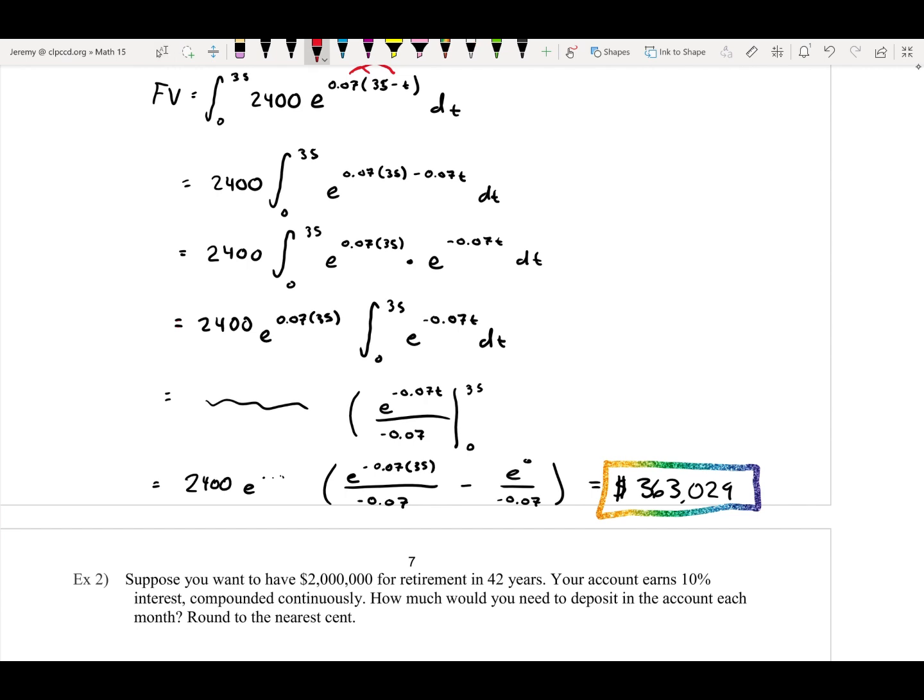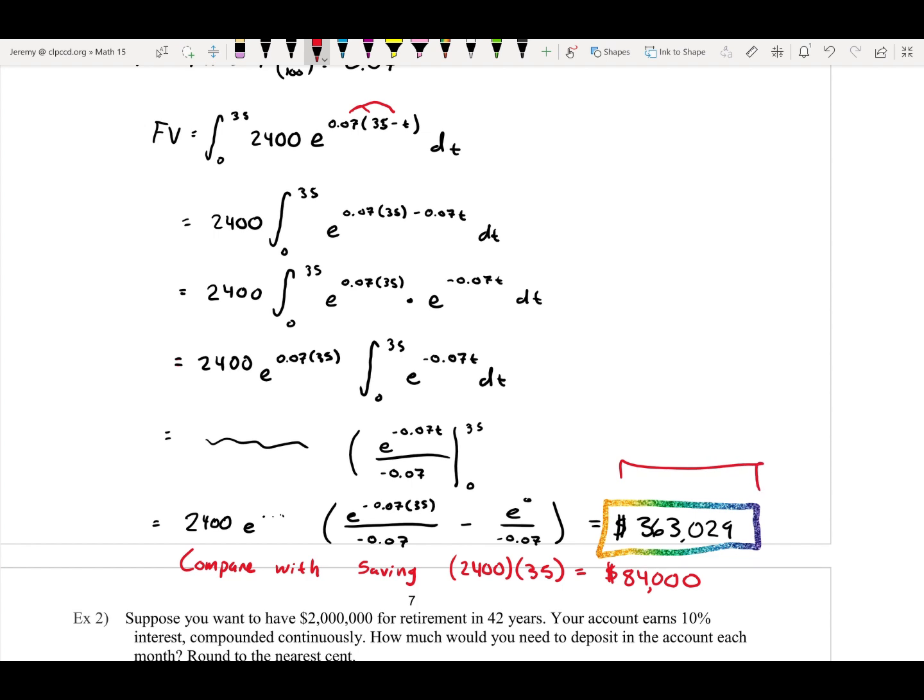I just want to say something about this. Compare with if we just saved the $2,400 per year for 35 years. If we multiply those two numbers together, so $2,400 annual savings for 35 years, it is only $84,000. $84,000 compared with $363,029. Okay, so the vast majority of this money that's in this retirement account at retirement comes from the interest